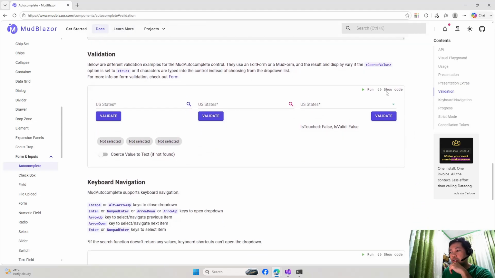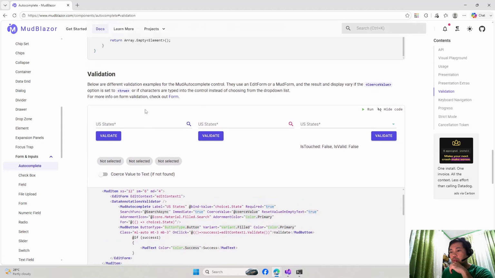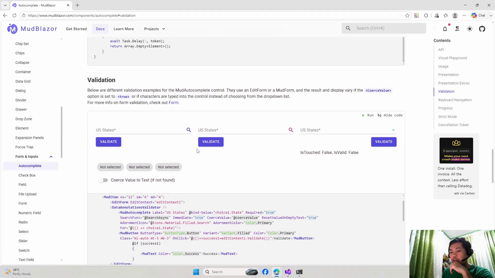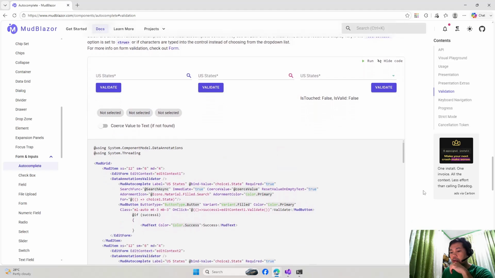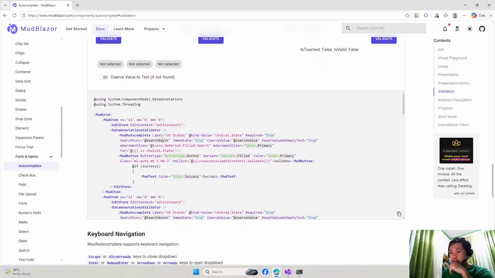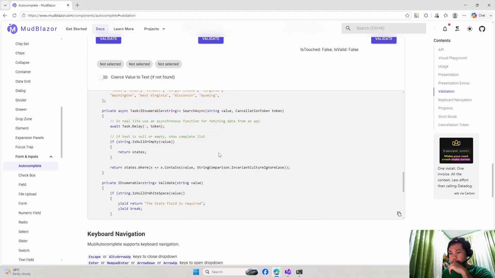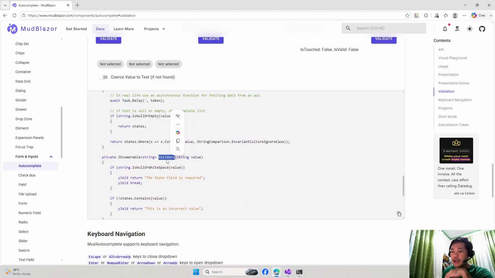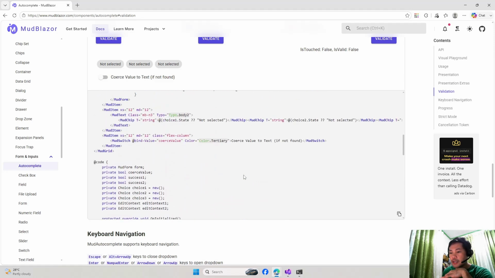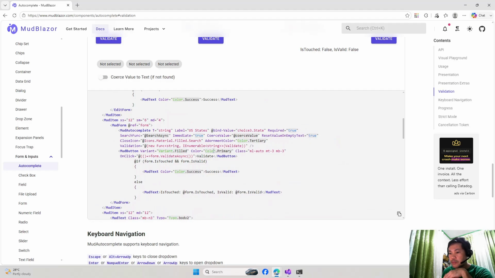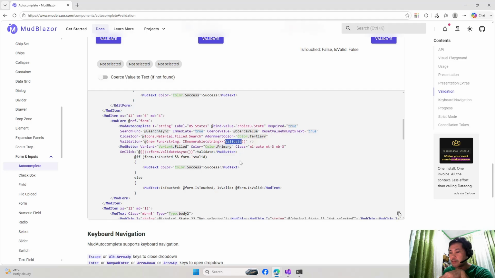You can also add validation here. So validation would be this; in this example you use the edit form, okay. So I think this one also, let's see, search. Oh, okay, so it has used the validate method here, okay. So let's look at how it was hooked up. So the validate method was validation, okay. So here you can specify the validation for the autocomplete component, and then you specify a function like this, passing in your delegate validate method. In this case, it's this validate method, this one,